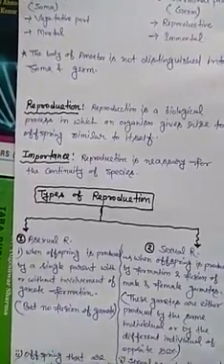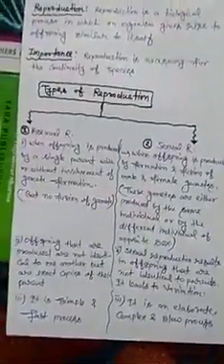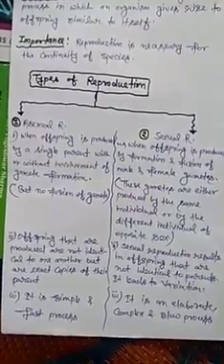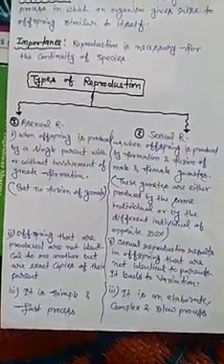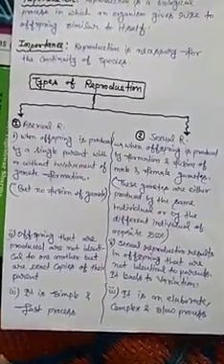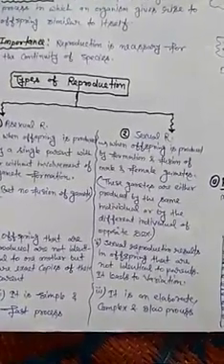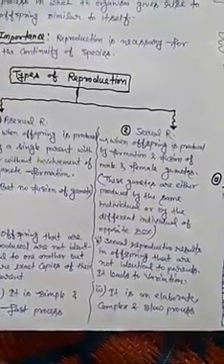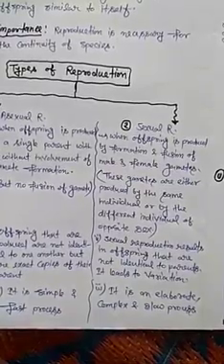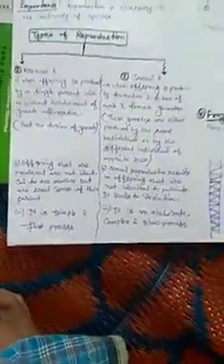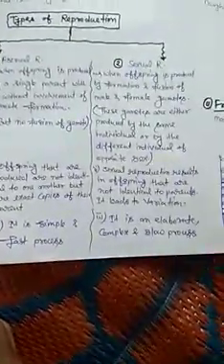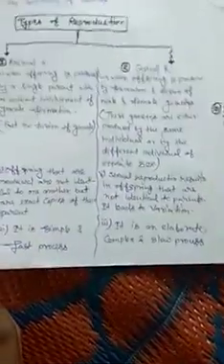Types of reproduction. There are two types of reproduction on the basis of participation of one organism or two organisms. When offspring is produced by a single parent with or without involvement of gamete formation but no fusion of gametes, it is called asexual reproduction. When offspring is produced by formation and fusion of male and female gametes, this is called sexual reproduction. Asexual reproduction is a simple and fast process, but sexual reproduction is an elaborate, complex and slow process.